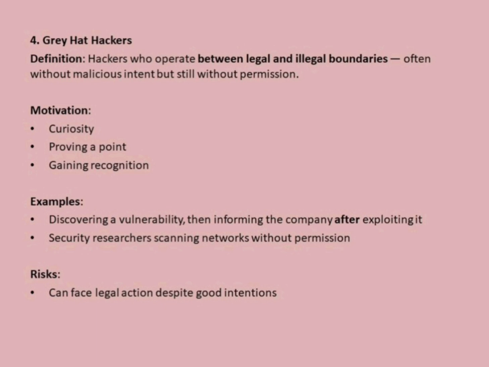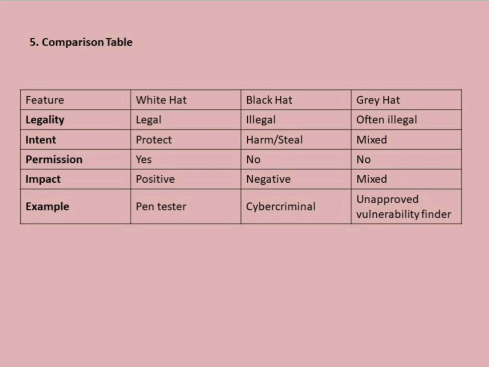A common real-life example is when a security researcher scans a network without authorization, discovers a security hole, and then reports it, even though the intention is to help. The act itself can lead to legal action because the hacker entered the system without consent. Therefore, gray hat hackers are risky because their actions can improve security by revealing flaws. But at the same time, they can also cause problems if the information is misused or misunderstood. Please have a look at the differences.